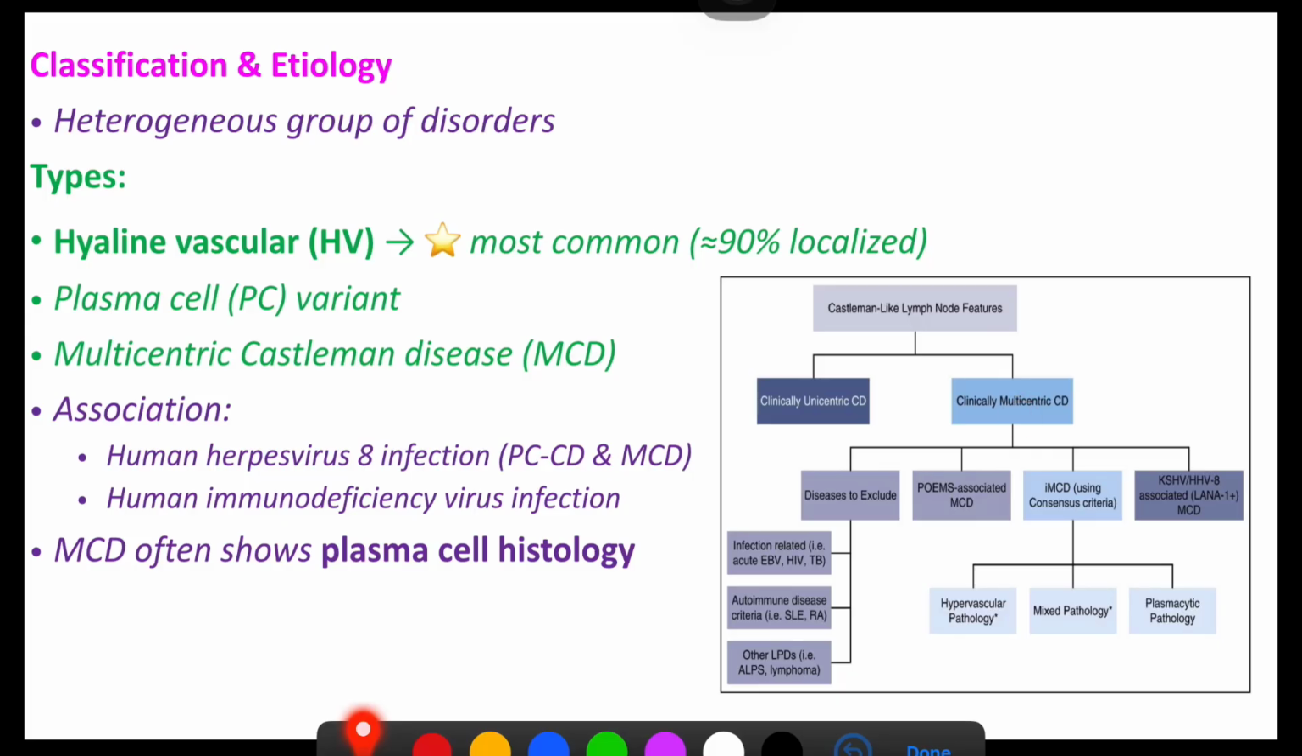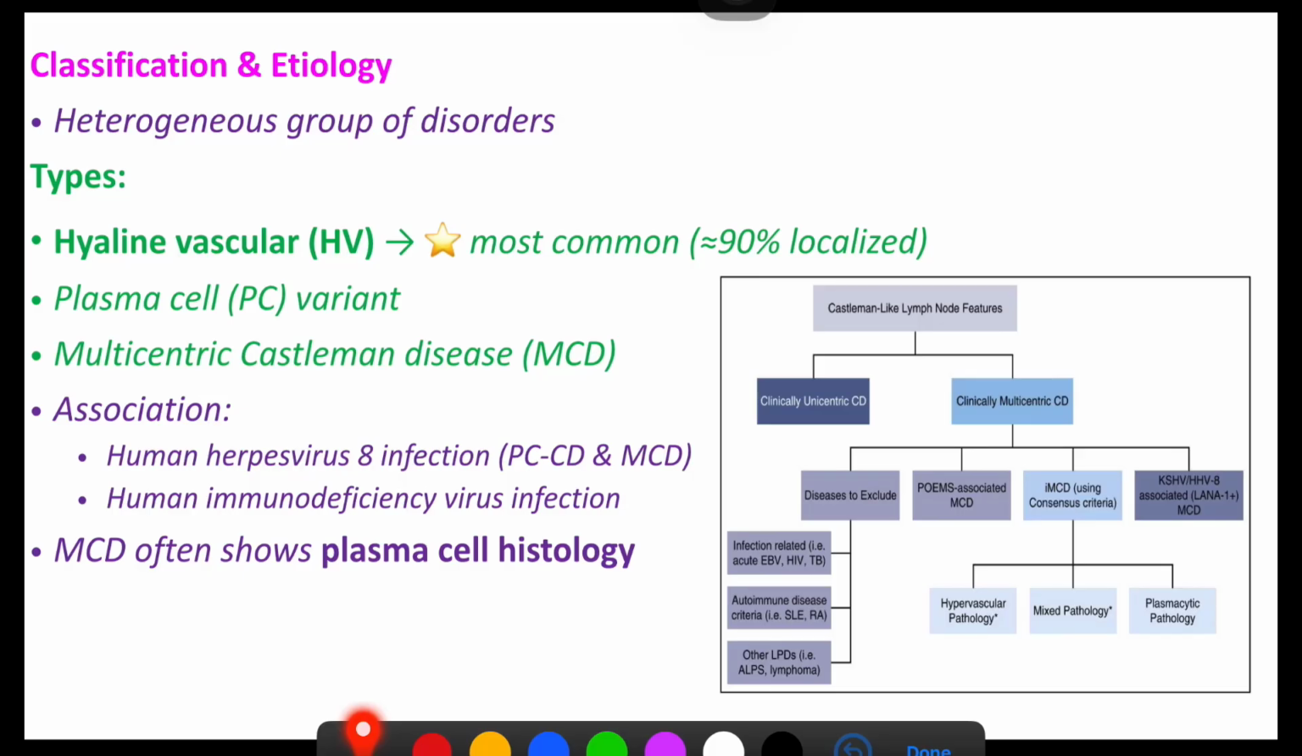Before we stamp it as Castleman disease, we have to exclude all the infection-related lymphadenopathy like EBV, HIV or TB, autoimmune disease, as well as some lymphoma. And there are three types. One is POEMS associated MCD, second is idiopathic, and third is this Kaposi sarcoma virus and HHV associated Castleman